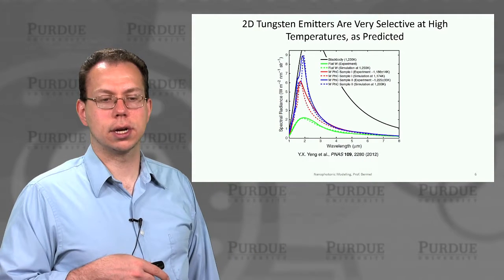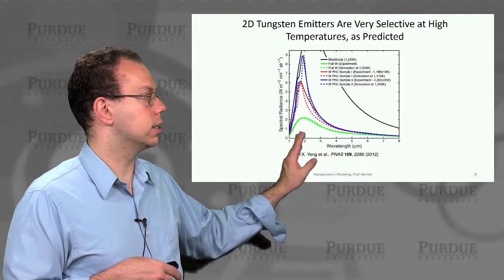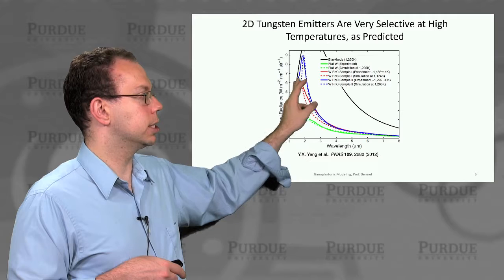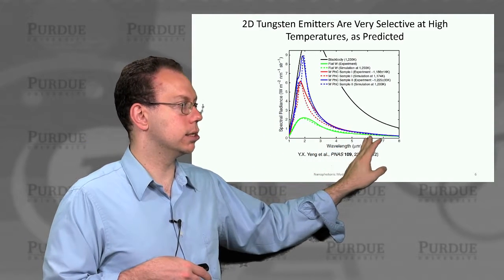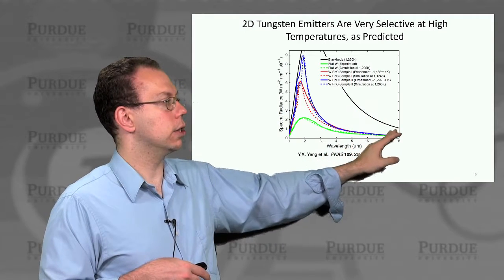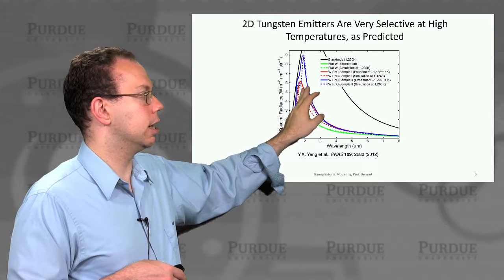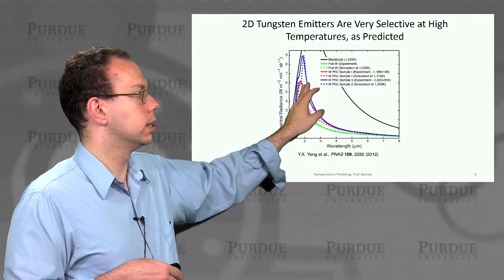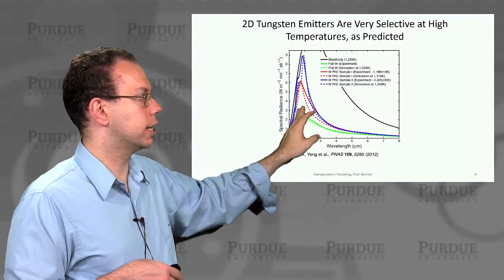But then as you add this photonic crystal structure in 2D, you can see that there's a big boost in the emissivity at these short wavelengths. But at long wavelengths, it's only increased a small amount. And in particular, if you compare it to blackbody, you can see that you've actually approached the blackbody limit at 1230 Kelvin, which is consistent with the temperature that we were measuring for the flat tungsten.